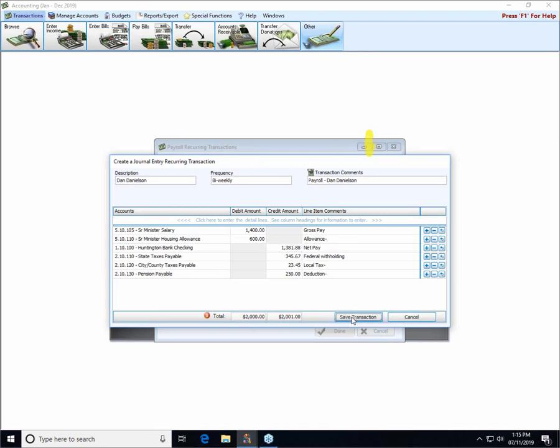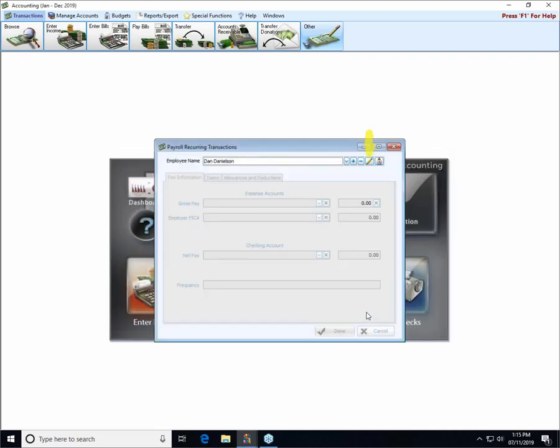And now notice when I try to save, it flashes my red dot at me saying, hey, you've got an unbalanced journal entry. Okay, I'd have to go through and double check and see where my discrepancy is and make the appropriate correction. Okay? But once my debits and credits are balanced here, it will allow me to save my permanent change. Okay? So just again a reminder, if I'm needing to make a temporary change to my employee's pay,